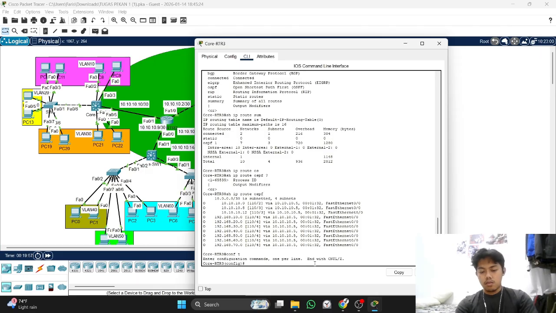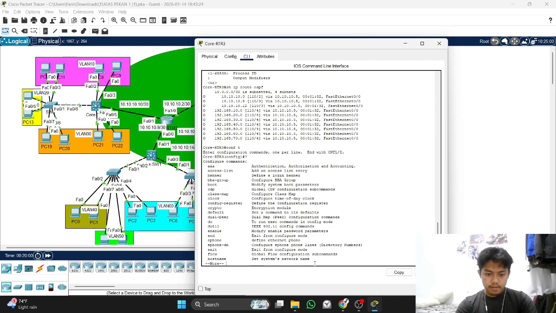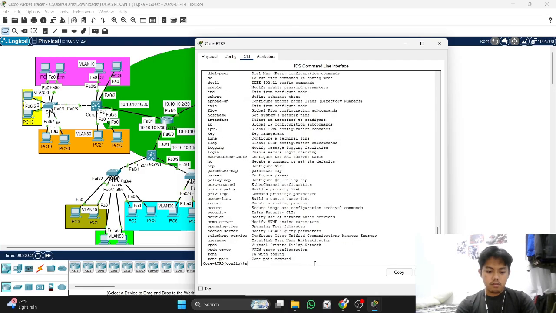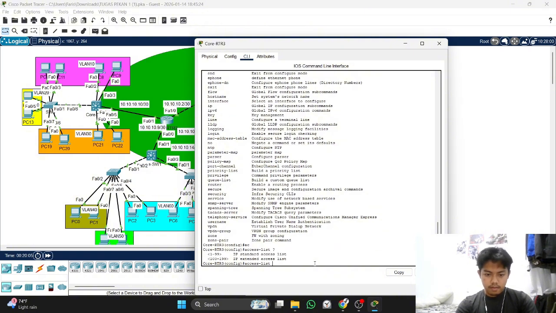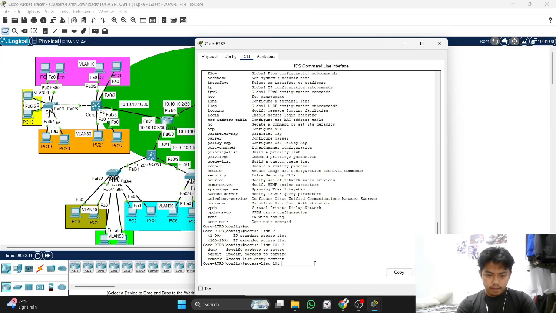We go to global configuration and then you write access list. After that, the ID is 101. After that, you write deny.